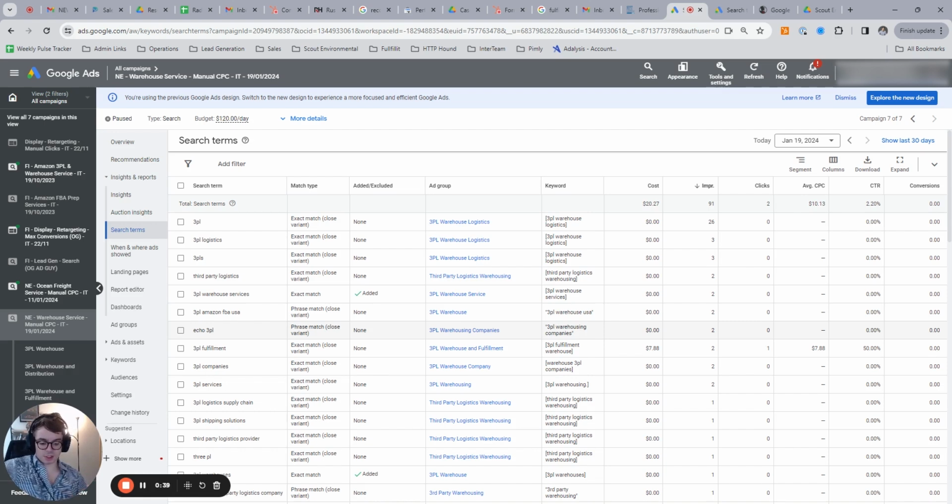Now, why? That seems pretty straightforward, but the reason I wanted to define that is there are two things to keep in mind with Google. There's keywords and search terms. These are different things. A search term is the actual search that a keyword pulls in based on your target. These can be different than the phrase that you're targeting with your keyword. So you have to keep that in mind, and you've got to review your search terms consistently. My agency and I review search terms every day. That's one of our unique selling points, is we're very manual, and I think it's the only way to run